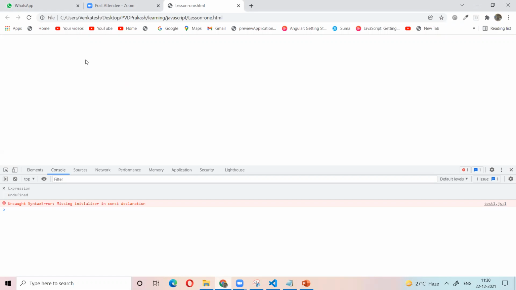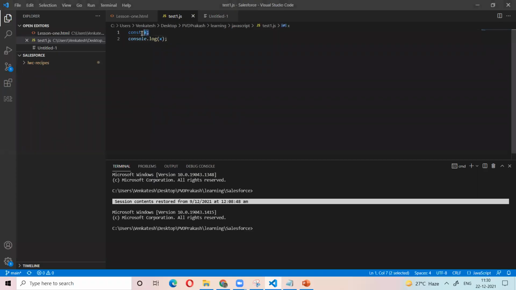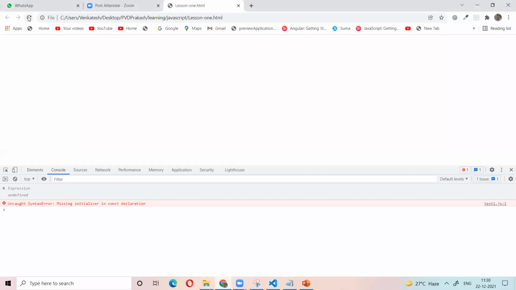So what is the output here? Constant declared, but we are missing initializers. That means we declared the constant but did not give any value. That's why it gives the error. Now I give the value like 5. So what is the output now? See, not 5.